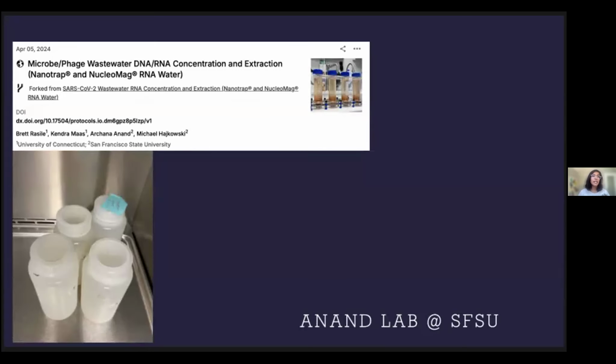Michael has developed a protocol to extract DNA and RNA from wastewater using magnetic beads, which has proven to be more efficient and sensitive. We also use that to help us understand not just viruses but other microbes, and how microbes interact, and whether that can tell us something about viruses regulating the populations of bacteria there, or fungi working with the bacteria and therefore regulating some disease outbreaks. So there's much more that we can look at right now than just SARS-CoV-2.